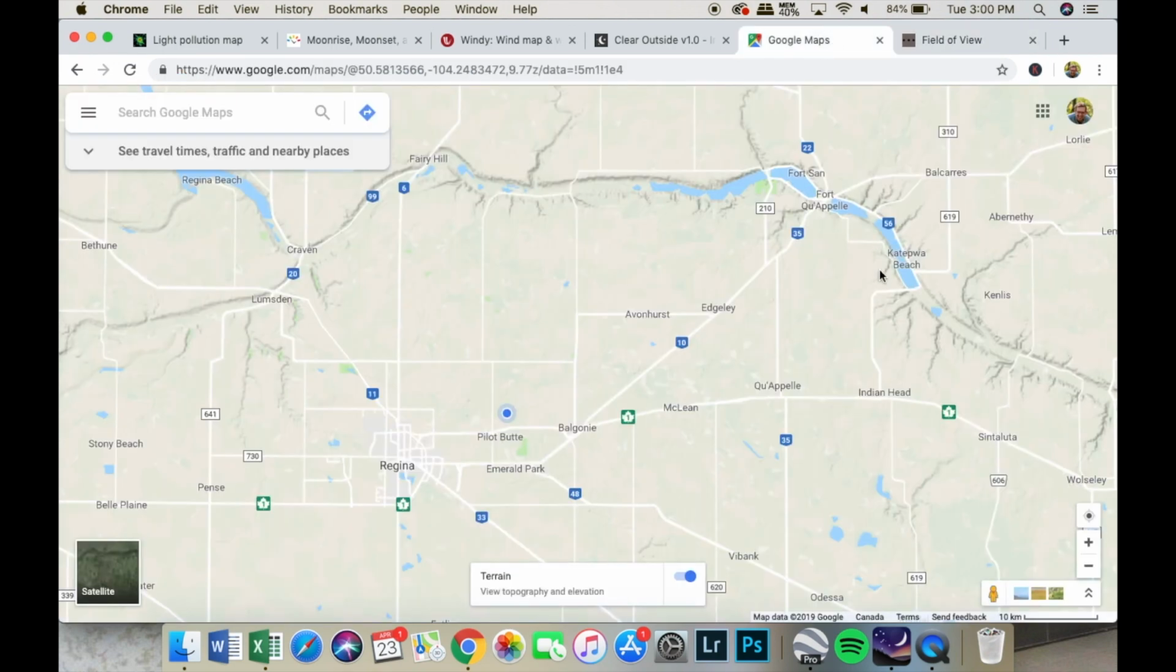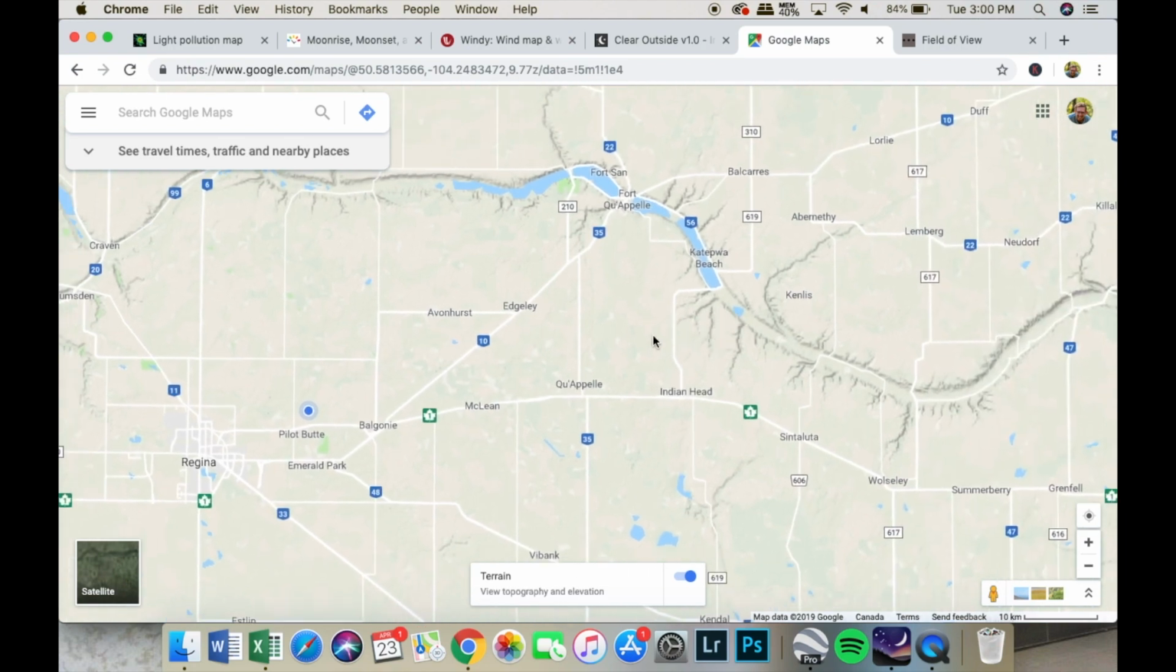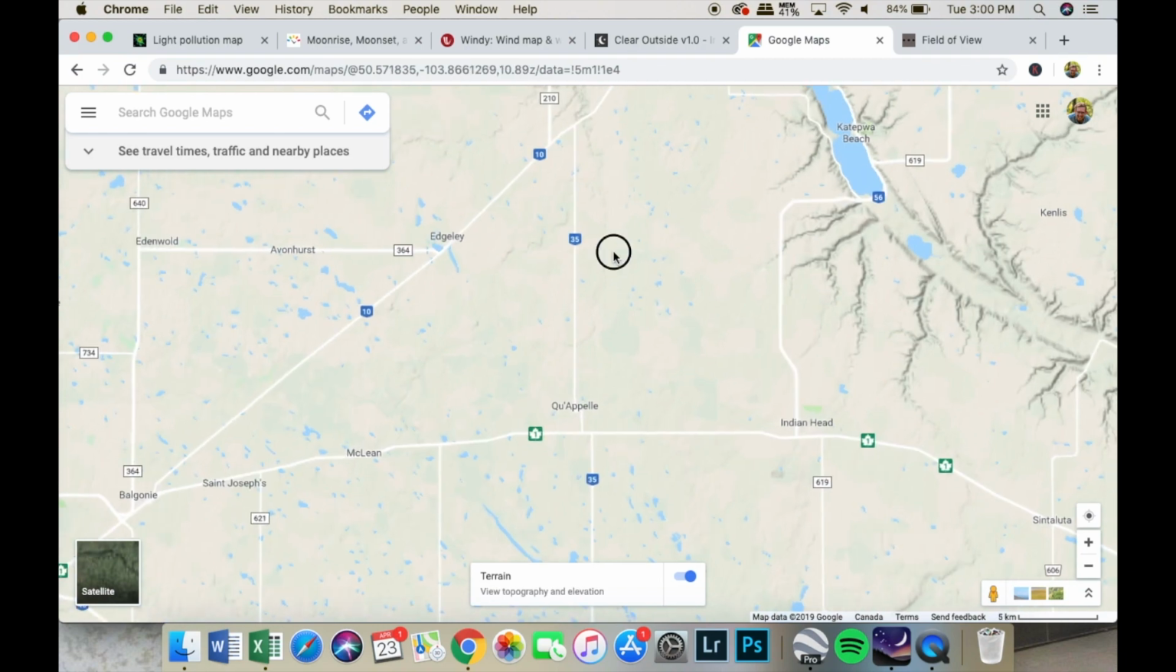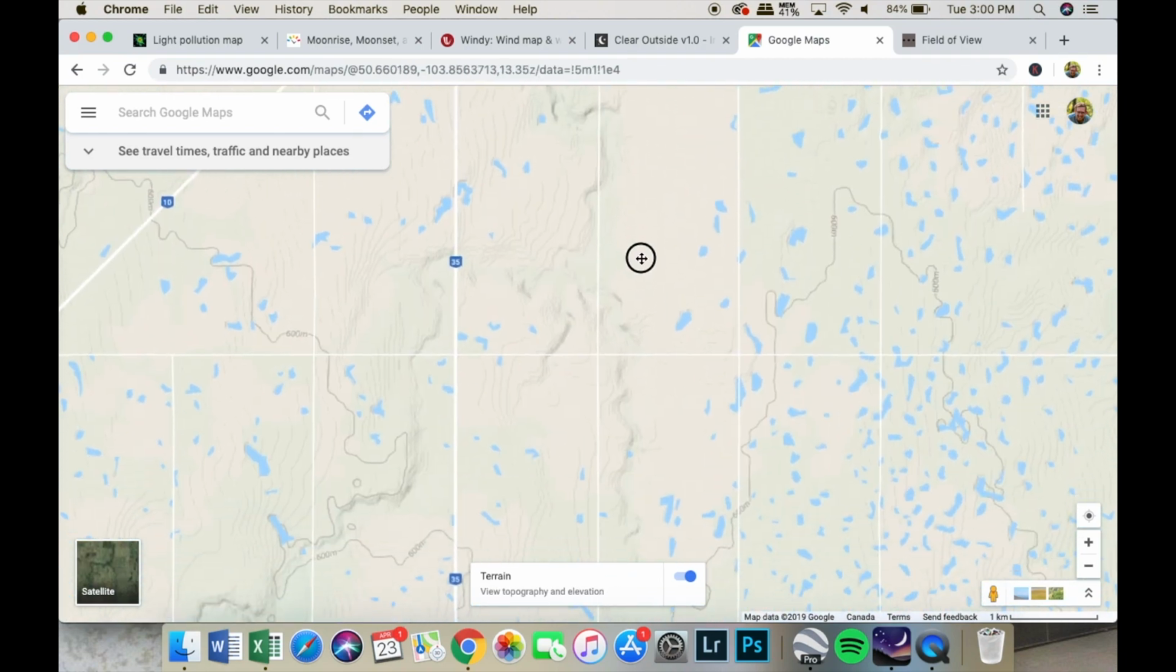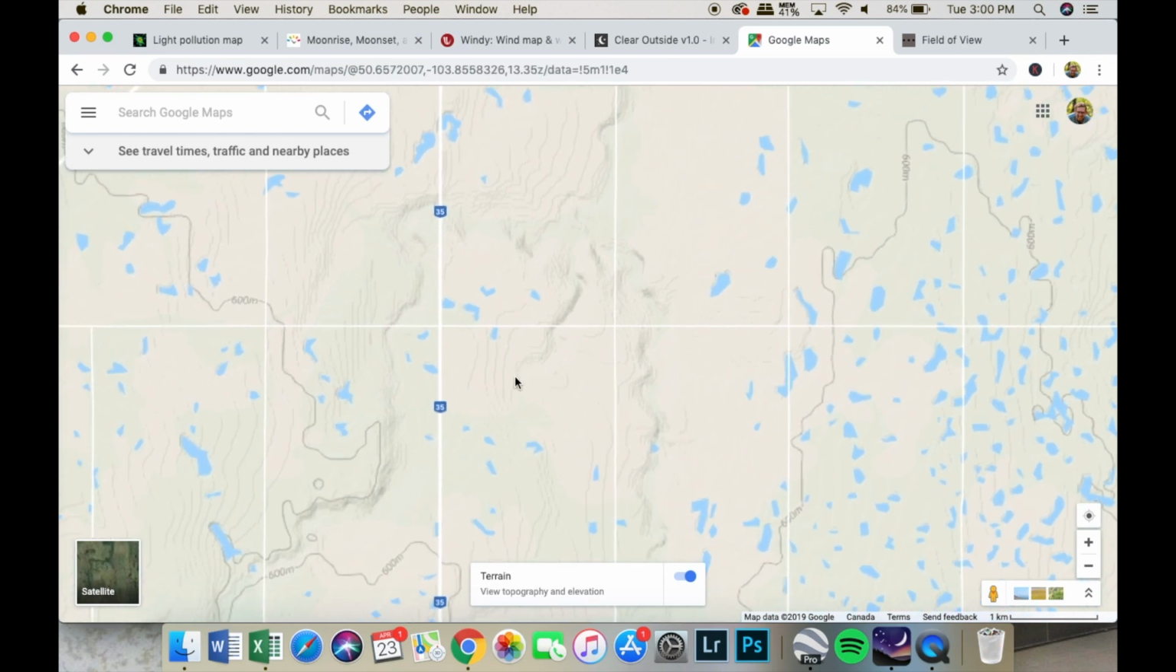Next thing I want to do is double check Google Maps and turn terrain view on. You can do this on your phone as well. Put the terrain overlay on top, and that'll show you where hills are. So we're going to go to our location, and that would be right here. Our trees are in between here and here, and it looks like there's a hill that comes through